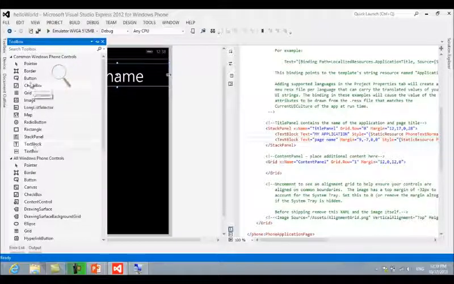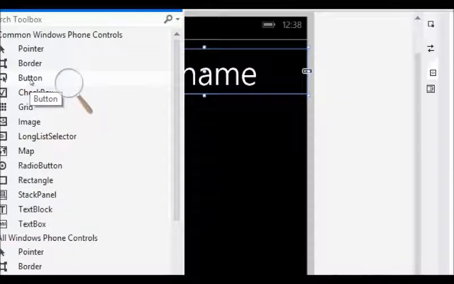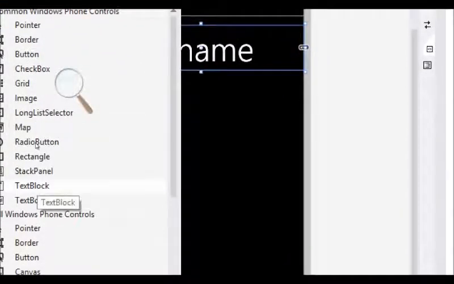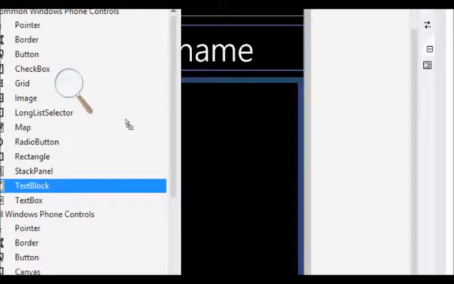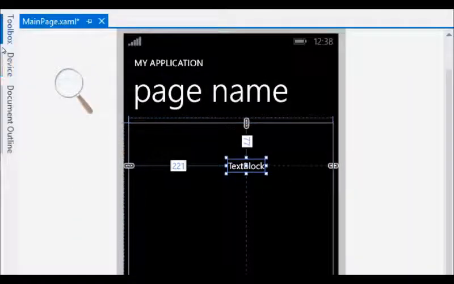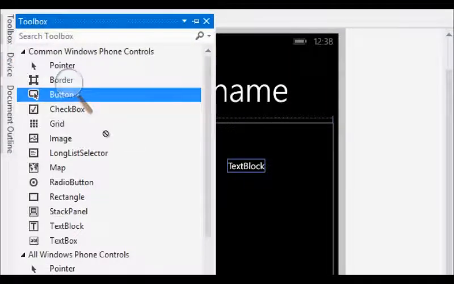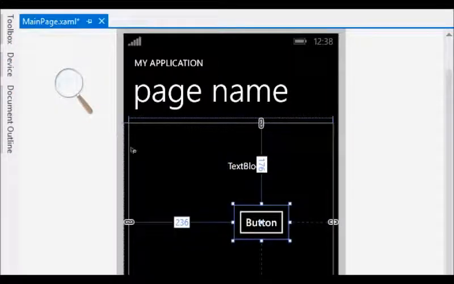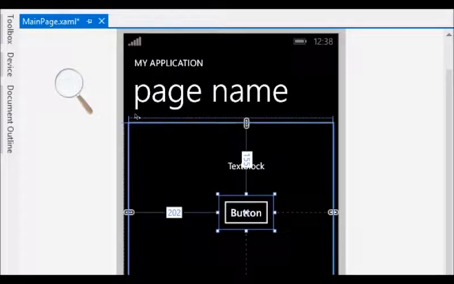What we'll use to create that event is a button, for simple reasons. When you click the button, some text should be changed inside my text block. So I'll just drag this text block and drop it onto my screen. Now you can see that a text block has been added to my screen. And the other thing which I wanted is the button control. So the two things which I have added are one text block control and one button control.